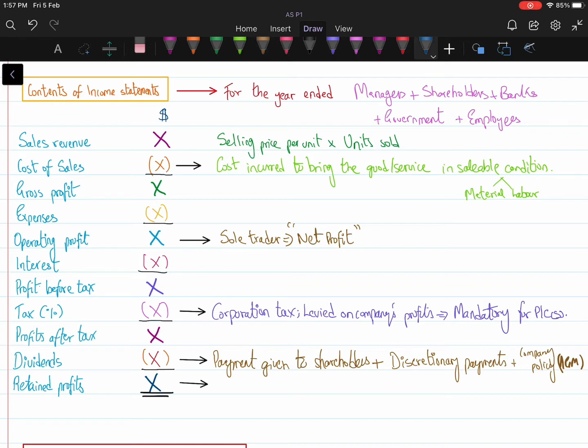So when you talk about dividends, they vary from year to year, and companies do review and revise their dividend policies. Once you have deducted the dividends, you get an amount known as retained profits. And as you can see, it is known as an internal source of finance. So this amount solely belongs to the management. The best thing about retained profits is that, for example, if I take a loan from the bank, I need to pay interest. If I issue shares, I might need to pay dividends. But in the case of retained profits, I don't need to pay anyone anything. So that is why companies have retained profits as a priority when it comes to raising sources of finance.